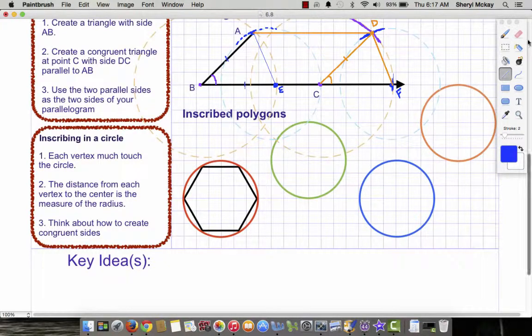Okay? Every point touches the circle. So let's go ahead and put little points here. There's a vertex, there's a vertex. I don't mean every point of the hexagon, I mean every vertex of the hexagon touches